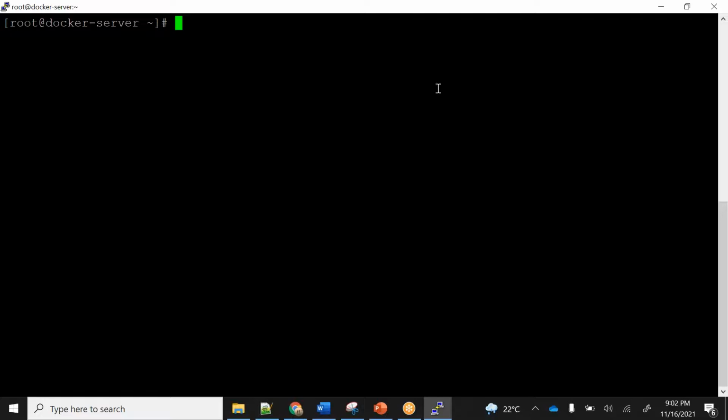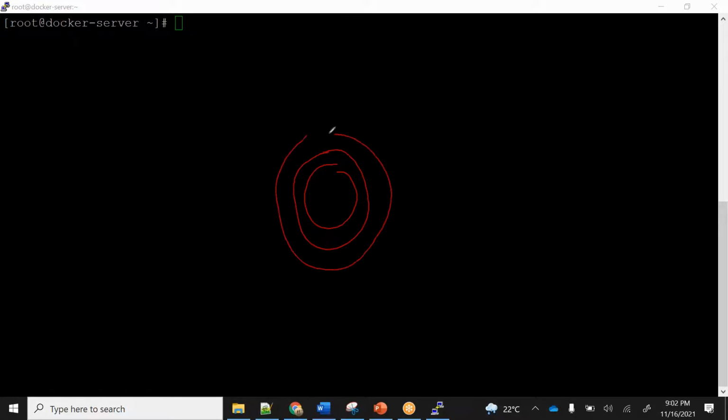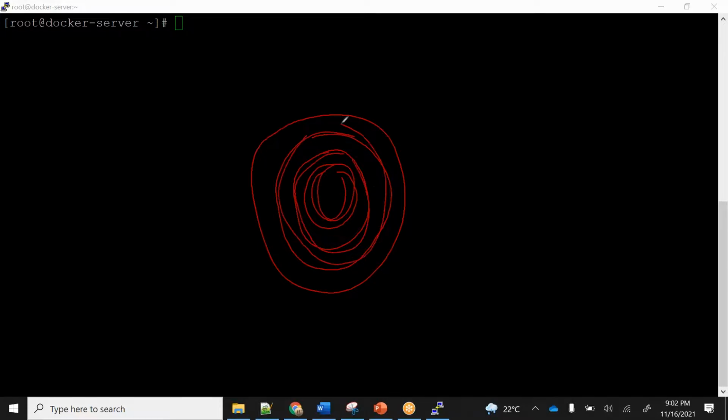So internally, if I was able to visualize it, I would have seen that this is a base image. On top of that, my layer of maintainer got created. Then one more layer of the run command got created, and this layer was there. Now when I run it again, this layer is already there. The second one is also there. The third one is also there. So first what I will do,